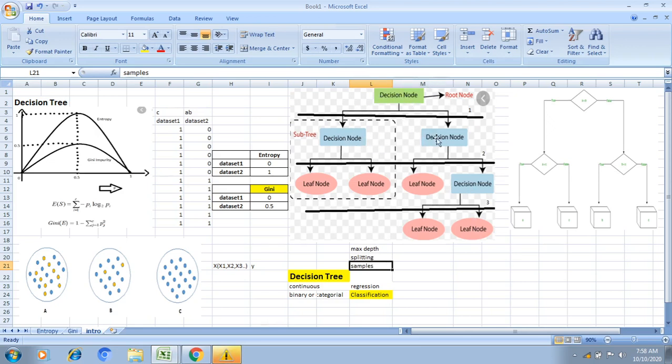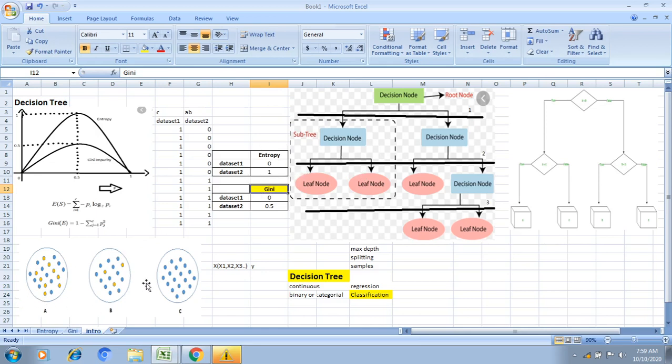This two decision node will be replaced with a leaf node. This is a way we can reduce our tree as much as possible. And here in the decision tree classification method, for the main splitting algorithm, we are trying to use two techniques, entropy and Gini. By using these two methods, we can split our tree in an efficient way. Okay, then how to split our tree, we'll discuss more on entropy and Gini.